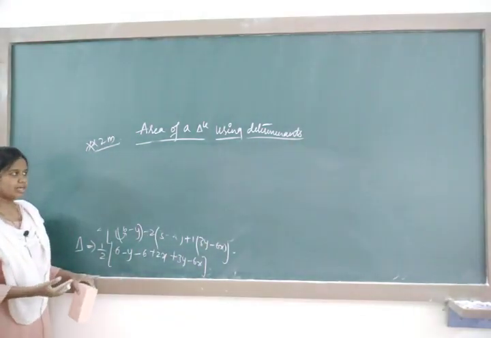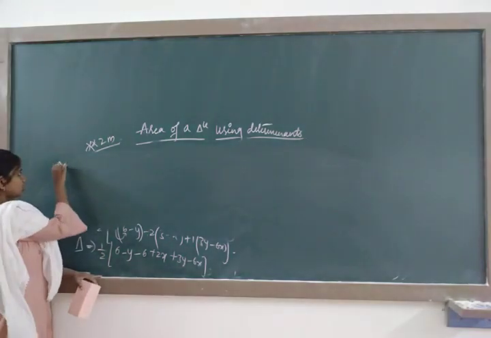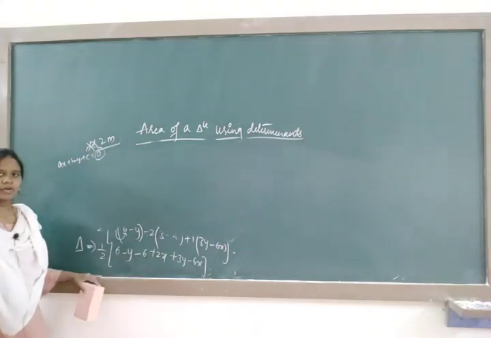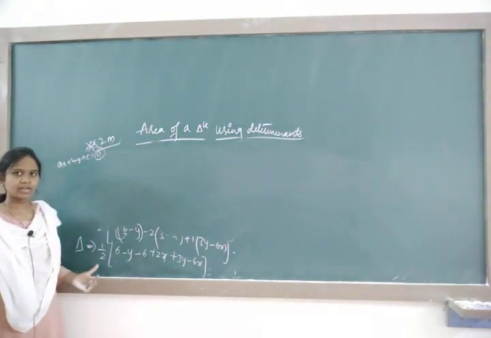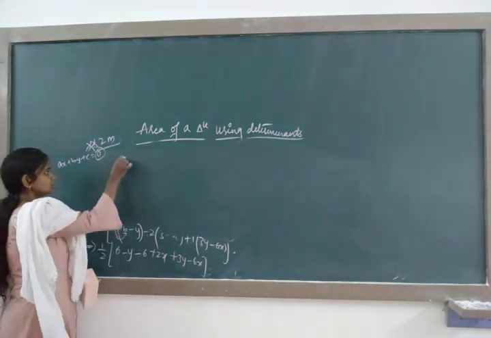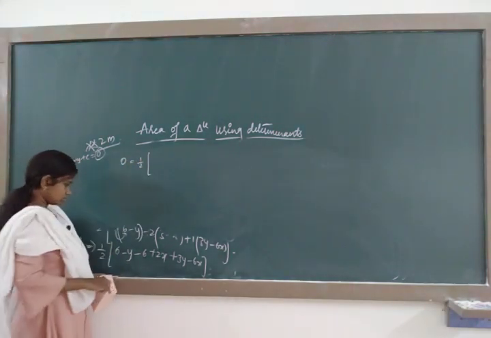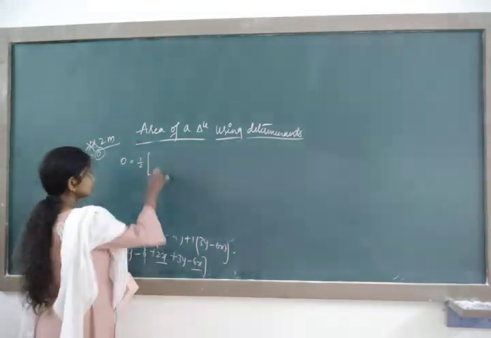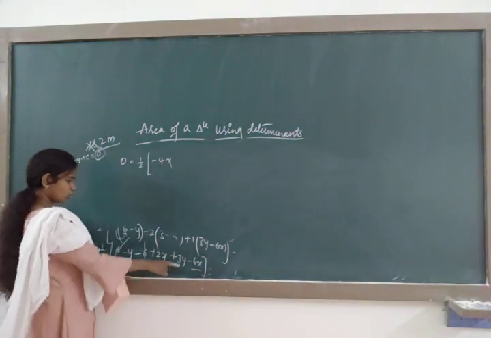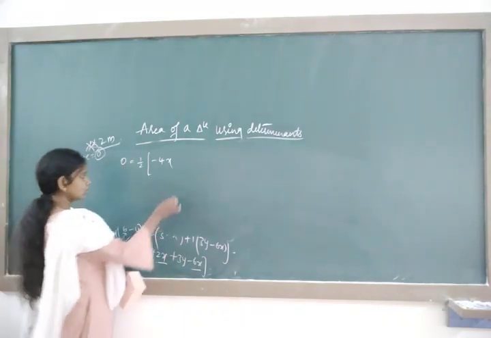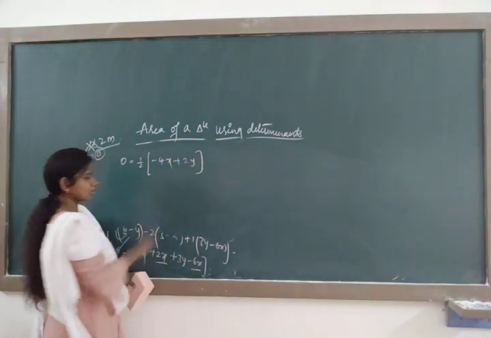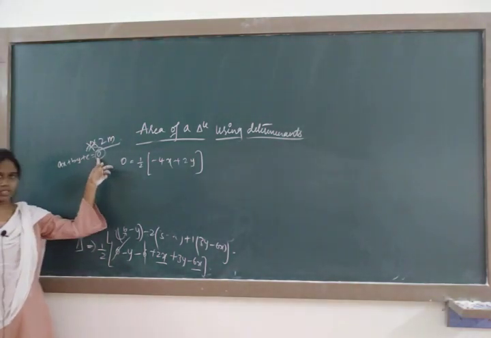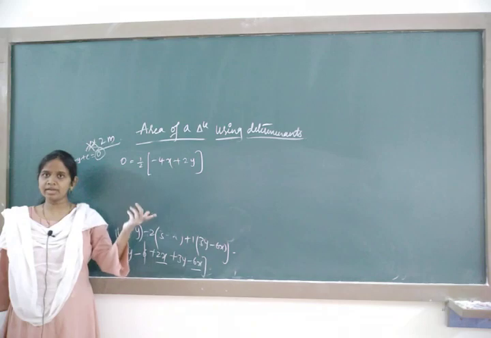For a line, the equation formula is always ax plus by plus c equal to 0. It means we have to equate it to 0. So delta will be treated as 0 now. 0 is equal to half, now plus 6 minus 6 will cancel. It's 2x minus 6x, which is minus 4x. Now plus 3y minus y, it's plus 2y. We are dealing with the equation of a line problem. A line is always represented by 0, so you have to write that delta value as 0.